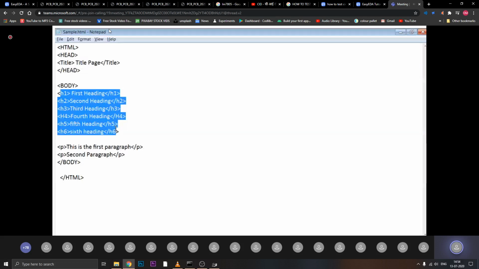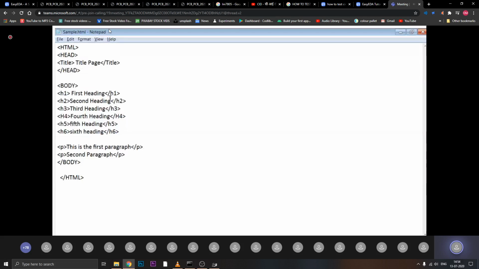If you have forgotten to end a tag and kept it open only, even then you will get the exact result as after closing it, so you will not face trouble. But while adding so many contents to your web pages, if your web page is very large, at that time you might face problems if you have added CSS and JavaScript. So whenever you are starting a tag, close that tag at that time only, and then edit the content section.